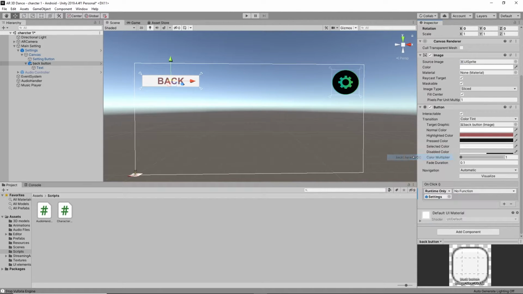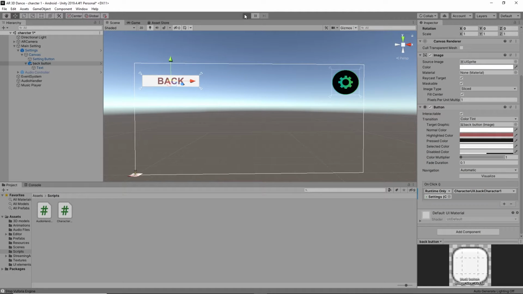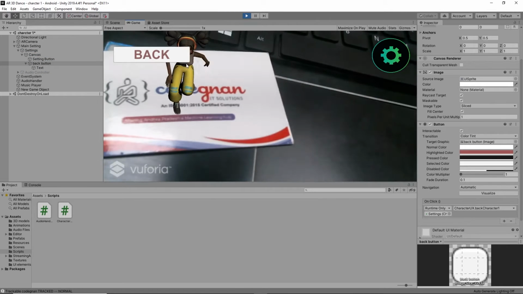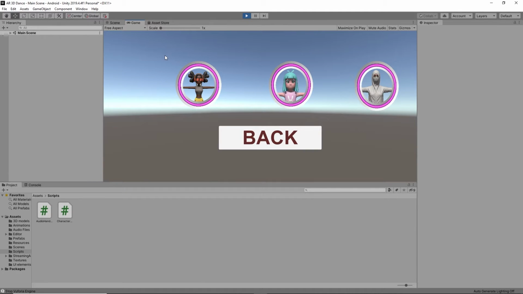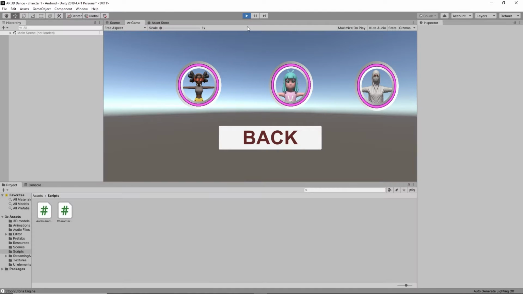Back character one. So I gave it like this. Let's play and check. If I click on play, yeah, it was coming here. That means we are good.